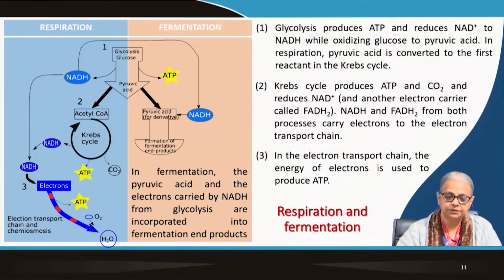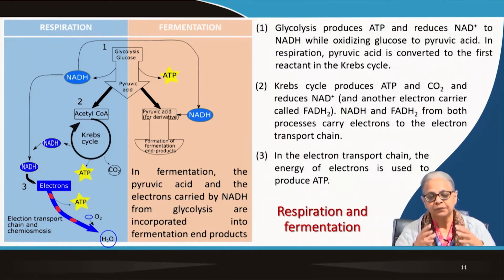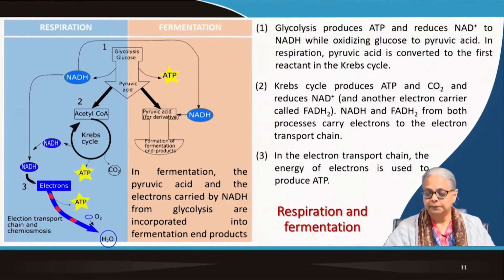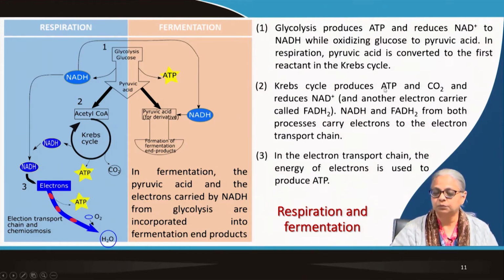This C2 compound enters this citric acid cycle or Krebs cycle and is converted into two more carbon dioxide molecules. So the entire C3 molecule has now been completely oxidized, completely mineralized to 3 carbon dioxide molecules. So whether you include this first step of generating acetyl-CoA or not, in the Krebs cycle, in all cases, the first step, you also get NADH and ATP generation. Second step, you again get, in the Krebs cycle or citric acid cycle, you will produce ATP and CO2 and